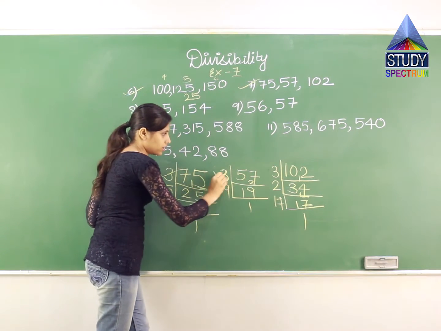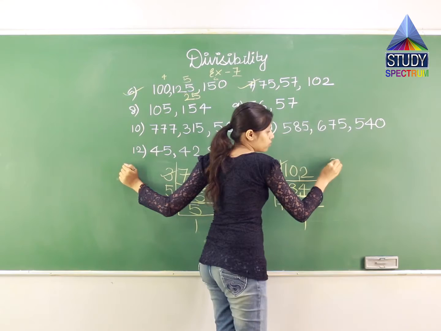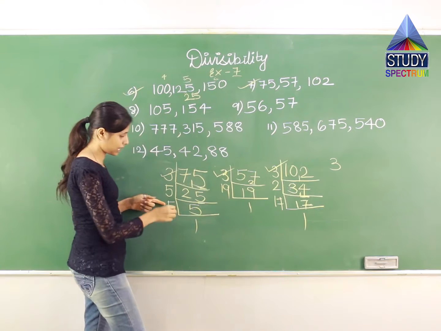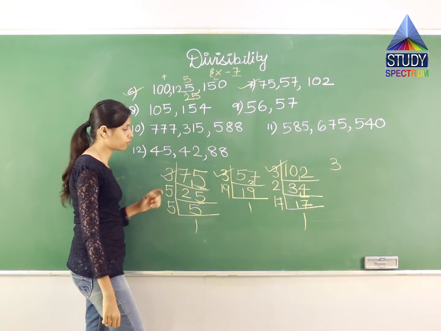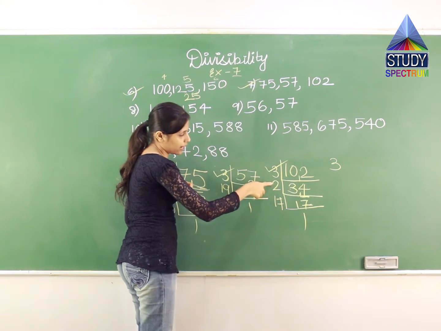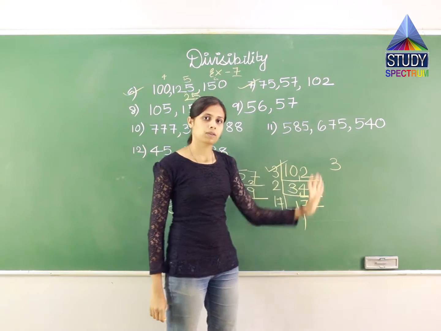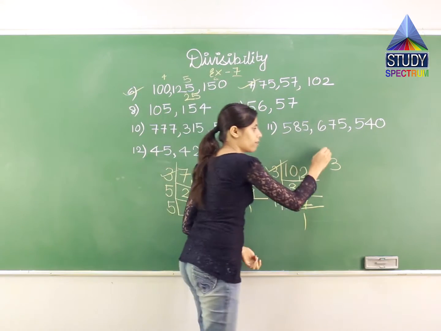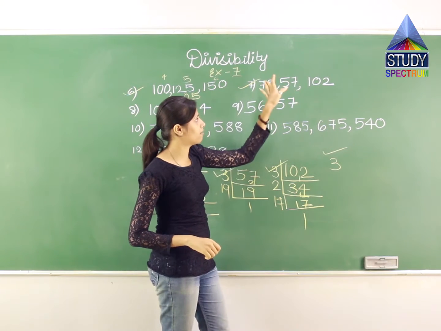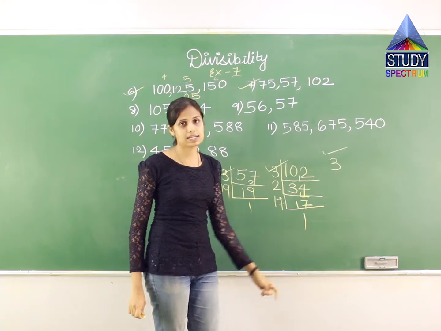3 comes over here, 3 comes over here, and 3 comes over here also. So I can say that yes, one of the common factors is 3. I have 5 over here, but I don't have 5 anywhere else. Again 5, no, I have 5 nowhere. Then over here, I have 3 and 19. I don't have 19 anywhere, right? So I can say that only 3 is the common divisor. So there is no question of a greatest common divisor among several. If I have only one factor, it itself will be the greatest number, right? So the greatest common divisor, that is GCD, for 75, 57 and 102 is 3.